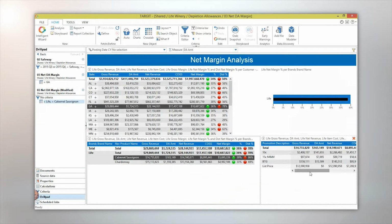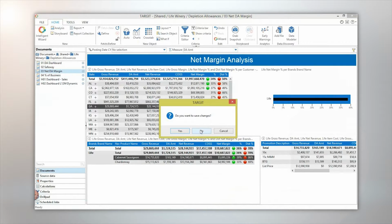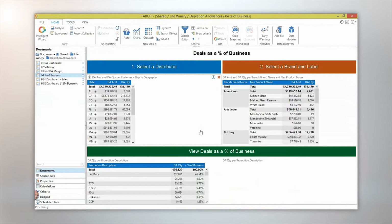So that's why it looks like such a high margin for them. Again, these numbers wouldn't ever really look close to reality, but the idea is it gives you some relativity to what you're making to what they're making. So the last one I wanted to show here, because the key of all this was the percent of business